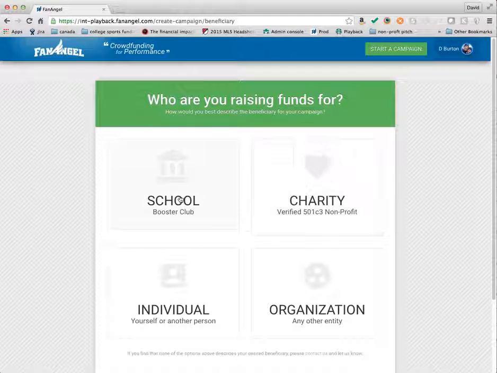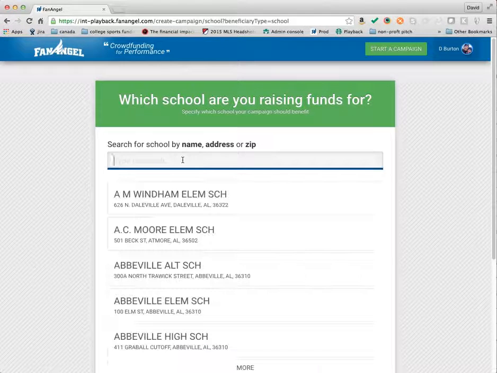Starting a campaign, very first thing you have to do is decide who the money goes to. The top two, schools and verified 501c3s, that's important because the site can automatically create tax deduction notifications, but only if you're verified. By selecting one of these and finding an existing school or charity, they're automatically verified, and we can send tax receipts to the donors. If you're an individual organization, then you don't qualify, and thank you emails will not include tax information. So let's show a high school type